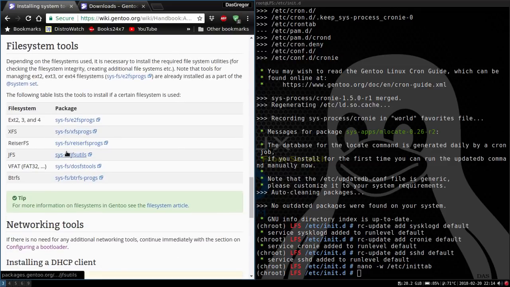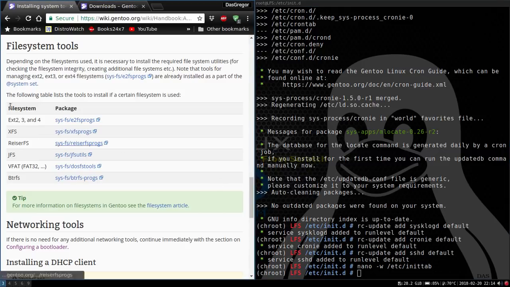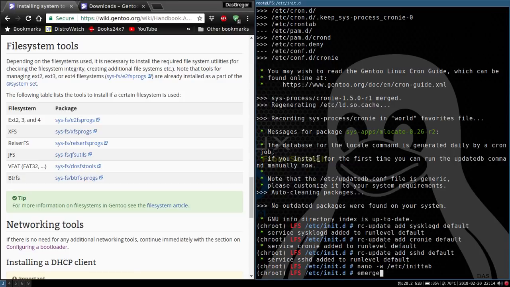Now we're into file system tools. Depending upon what file systems you have built into your kernel in the previous section, for instance, will determine what type of file system tools you're going to need, whether or not you are planning on using Btrfs, ReiserFS, XFS, etc. In our example, though, we're using ext4, so we're definitely going to want to install the e2fsprogs. So we will do an emerge -av